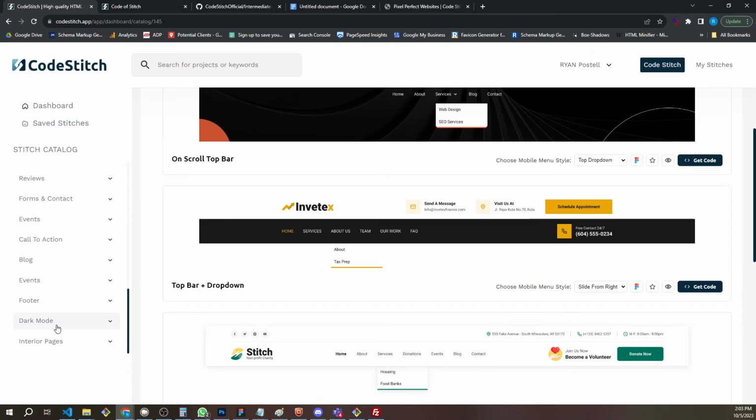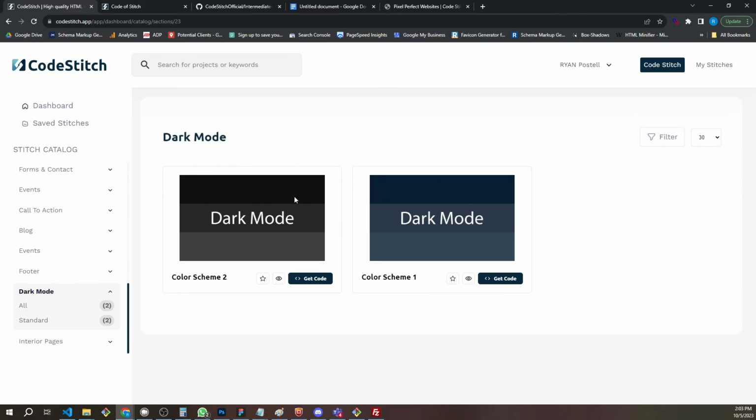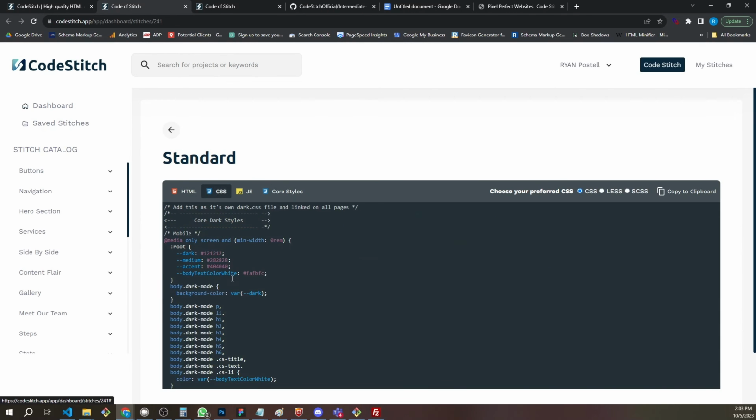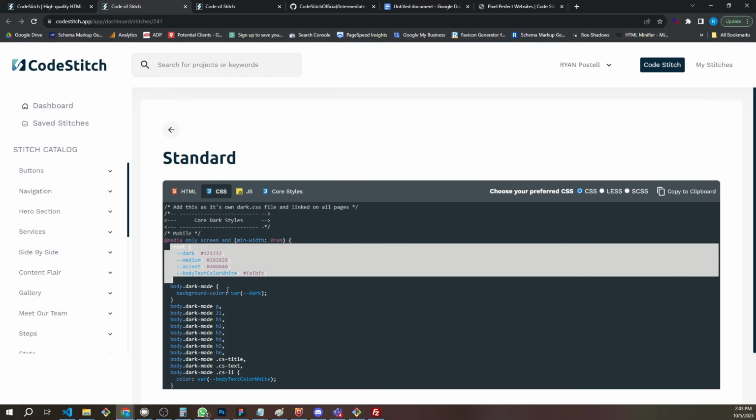So I'm going to scroll down here to dark mode, and I'm going to look at our different themes. So we have 2 right now. We will be adding more dark mode color themes that you can use. But what you do is you grab this, you open up the code, you go to the CSS, and you don't have to copy anything else. Honestly, just grab the root. That's it. So I'm just going to grab the root for this color scheme,